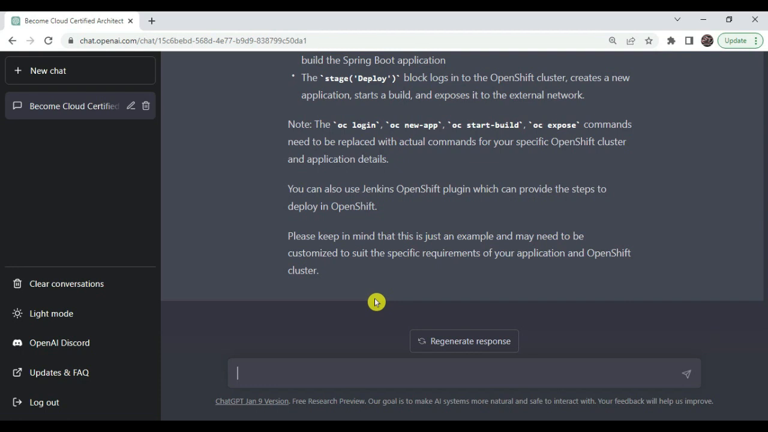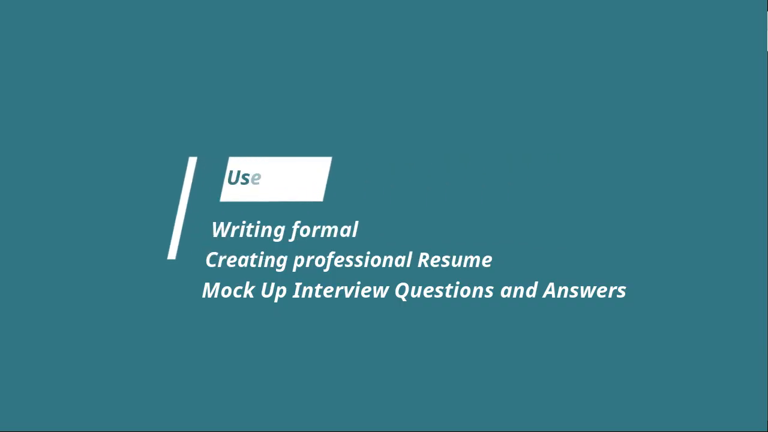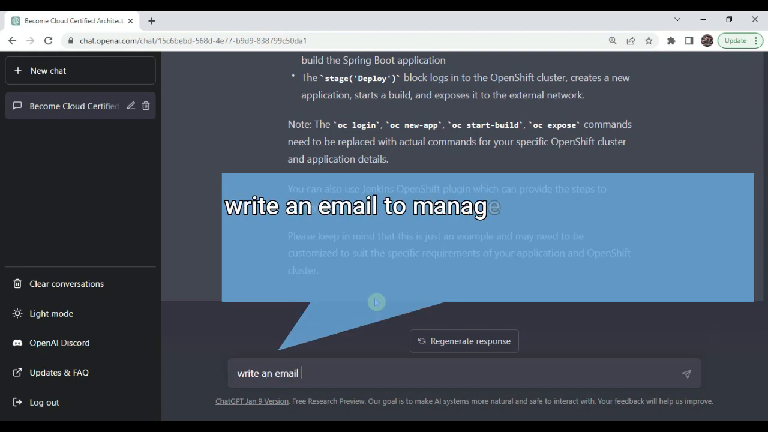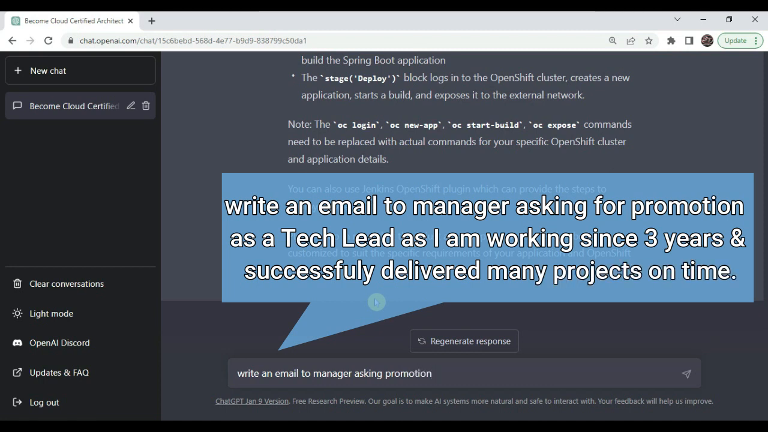Okay, so now let's move to a very interesting part. Suppose you are working in some organization, and you have to ask for a good hike or good promotion. So ChatGPT can help to write an email to your boss or manager also. So write an email to manager asking promotion,